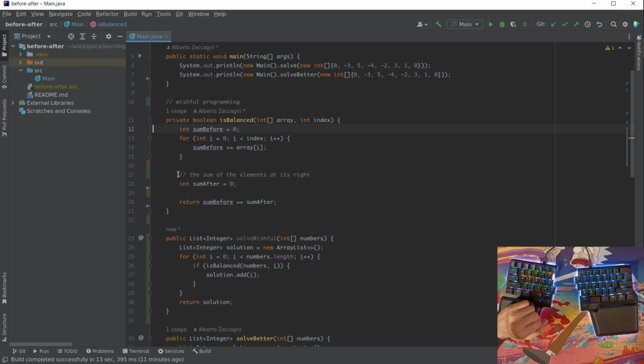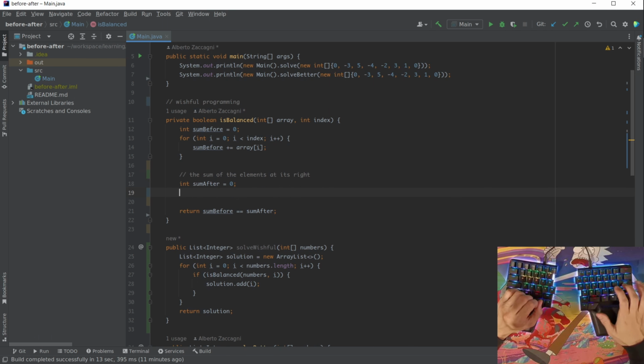Now I have to tackle this sub-problem here. The key is all here, finding sub-problems. So I want to do a loop starting from the position right after my index. This is my index: I'm at index 3, 0, 1, 2, 3. And I want to start from the element right after it.